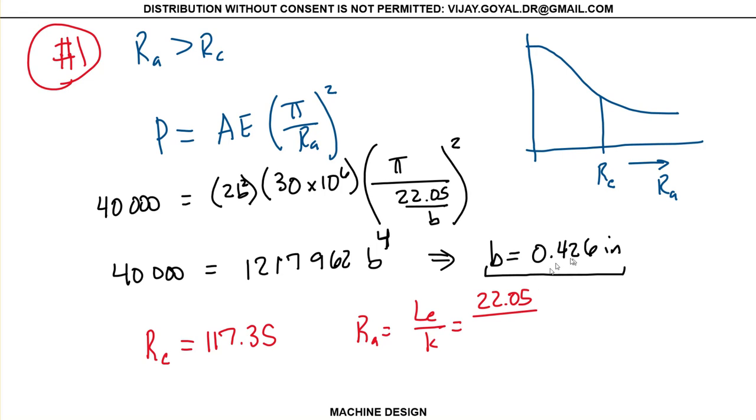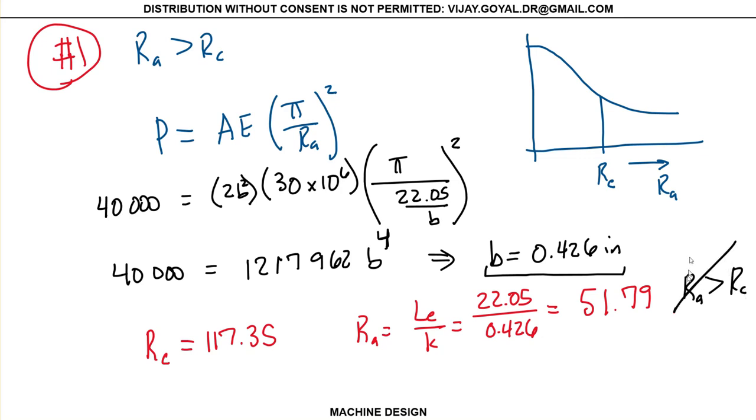22.05 divided by 0.426, and that would give you a value of 51.79. Note that this value contradicts my assumption,